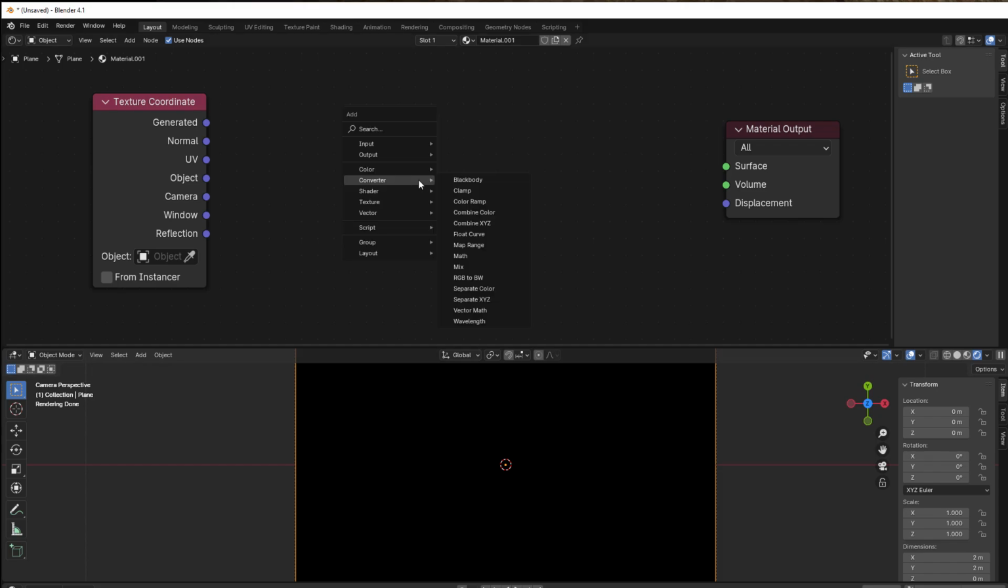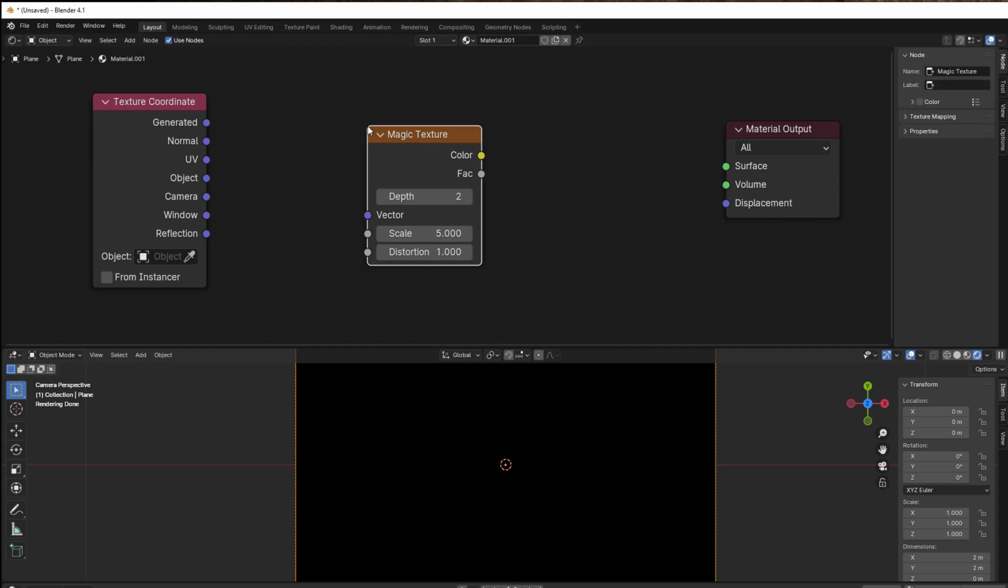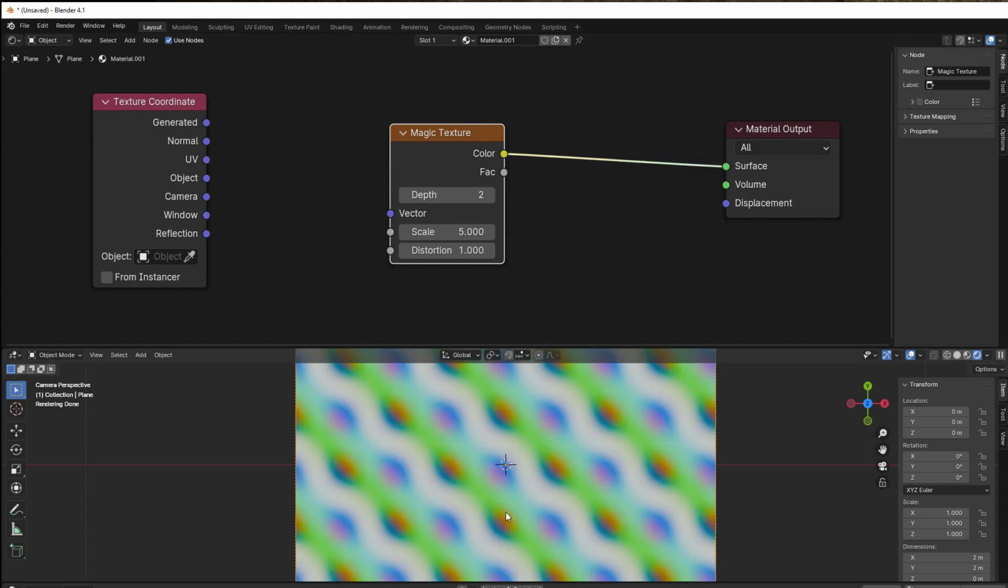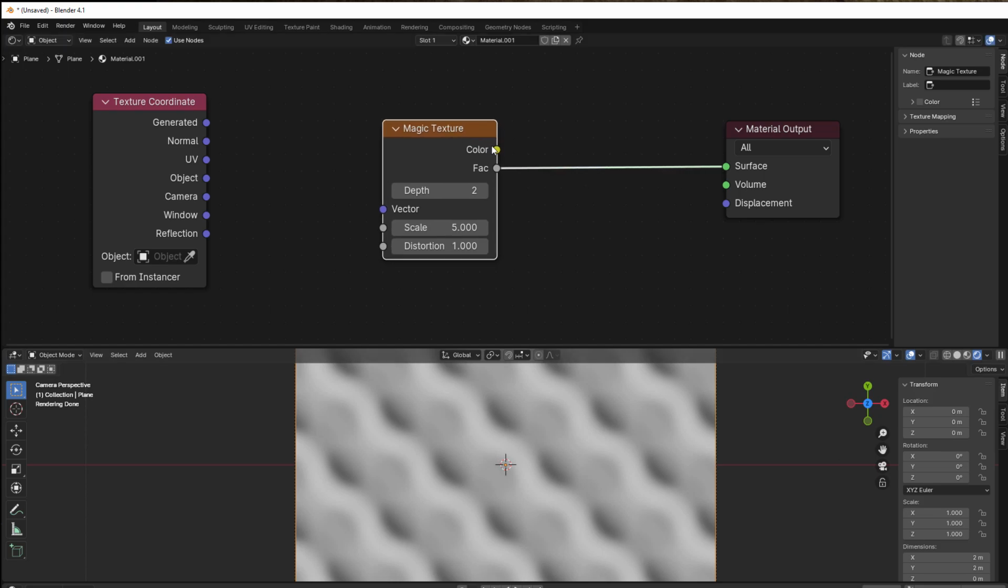So I press Shift A, go to texture, and here I select the magic texture. Magic texture is just for creating nice patterns. So what you can see here is that you have a color that looks like this, and you have a factor that looks like this. They are different, so even if you make this a grayscale, it will not be the same as the